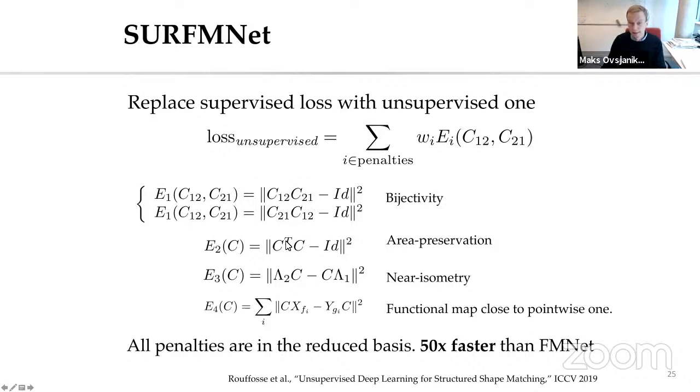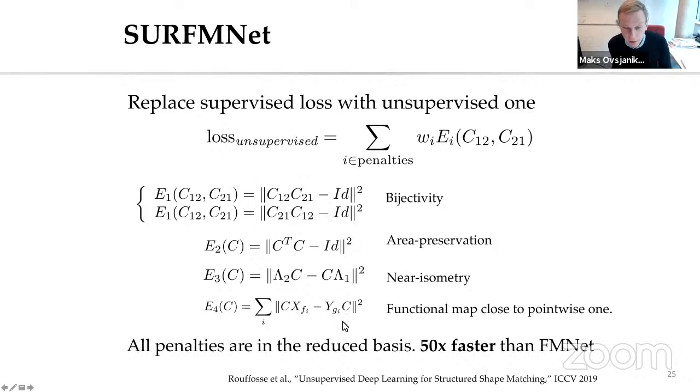The second loss is that we expect these functional map matrices typically to be area preserving. So that means that if I have a patch on the surface, the area of that patch should be the same before and after I do the mapping, and that corresponds to having orthonormal matrices. Also, as I mentioned, there's this commutativity with the Laplacian, which is kind of near isometry, so the preservation of geodesic distances. And then there's a more technical term, which is that the functional map should be close to a point-to-point map. So I won't talk about this.